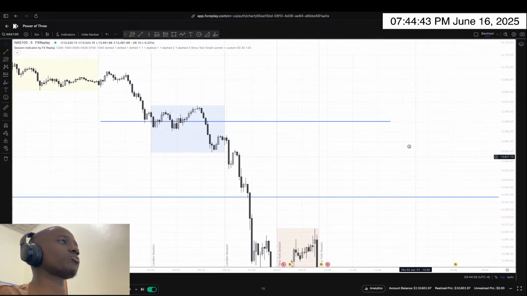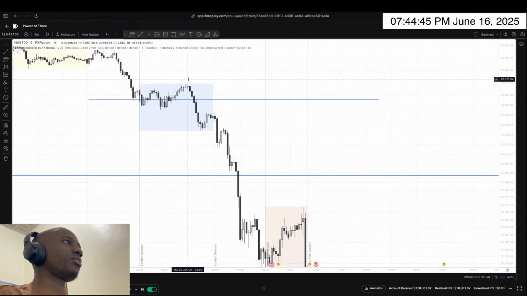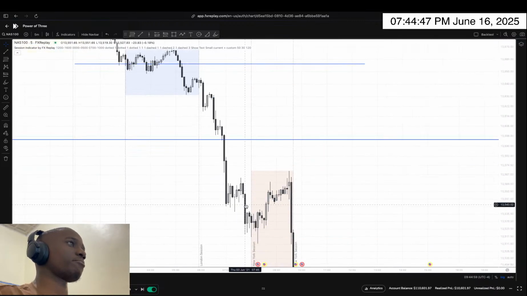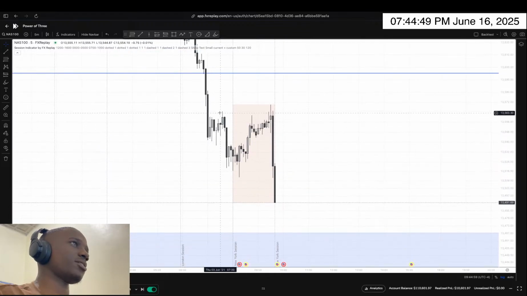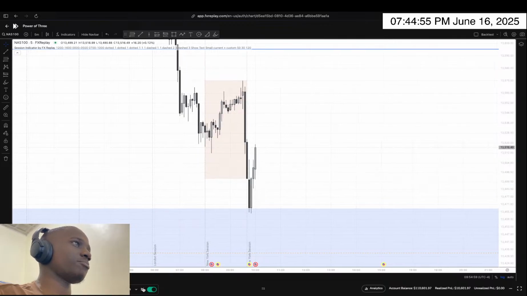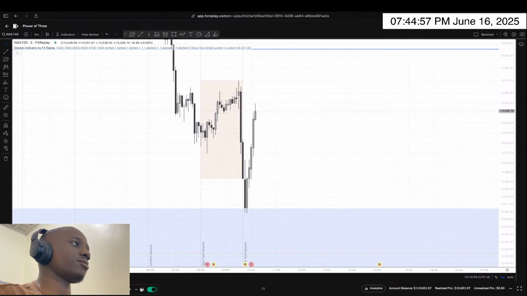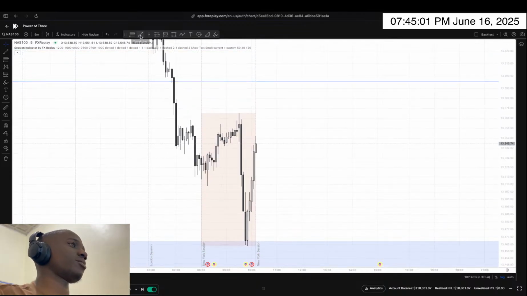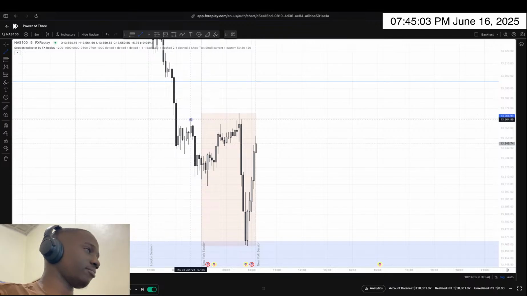But what I expected from New York was, since we had this massive drop to the downside, which means if New York was to go to the upside, then we will have this as our drawn liquidity. But since it's dropping, then we can see a high taken out right there. We can see a shift in structure there. So if we get a possible retracement, then we can sell. So this is what I would think would give us the entry.